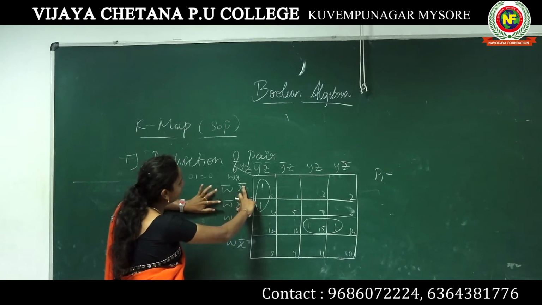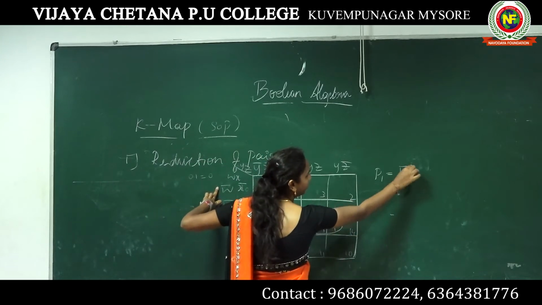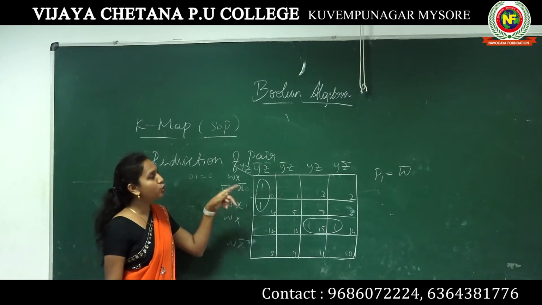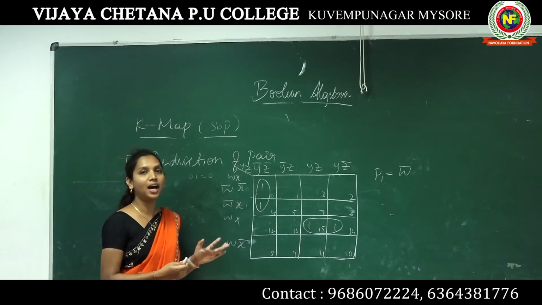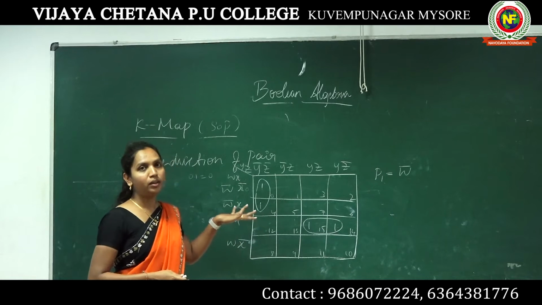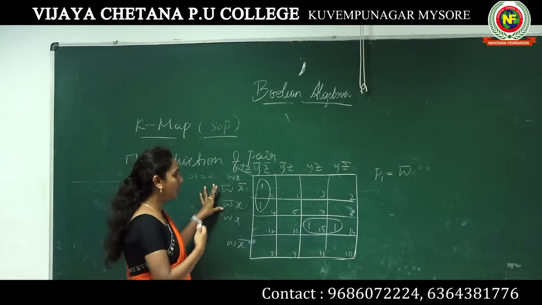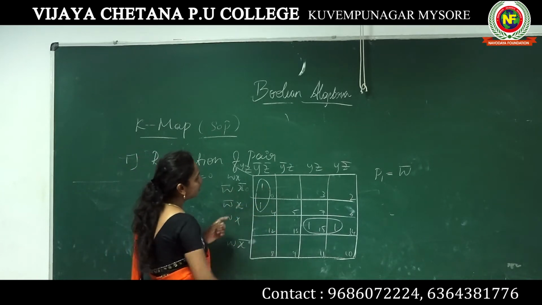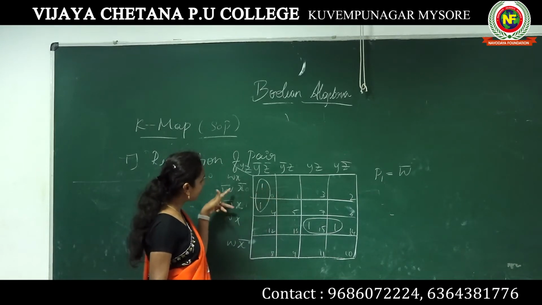What we have remaining is w bar. So I'm just writing here w bar. No need to write the x bar and x. Whatever I'm writing here is a short form. You can make it longer with a problem, but I don't want to do that. You can understand easily this way. That's why I'm using this method. Okay. So first we have to consider the pair, where we have the pair, and take the horizontal one.